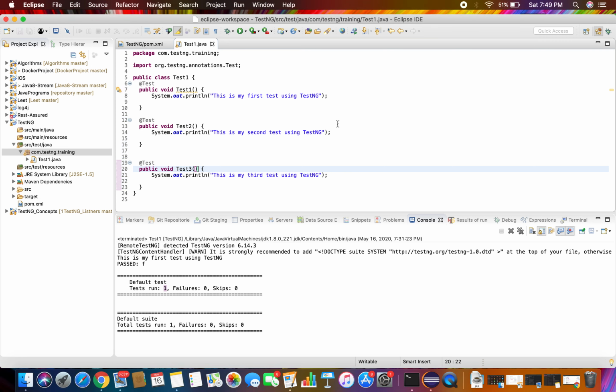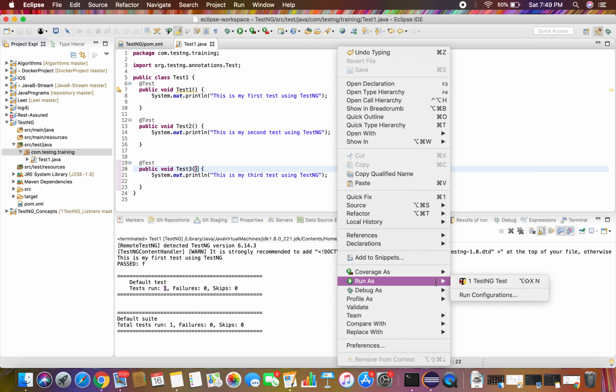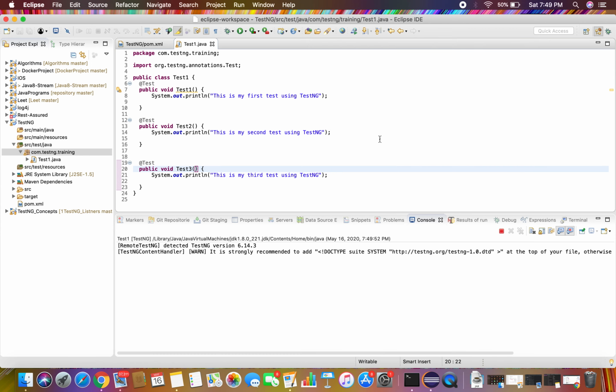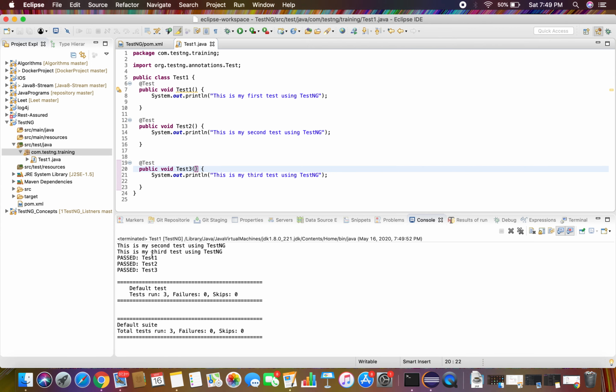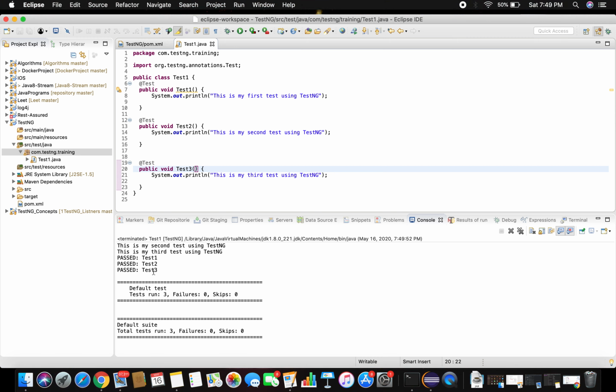Okay, and now if I run this, you right click, run as a testng test, and you can see there are 3 test cases executed and they are successful, passed. Now to create a testng XML file,